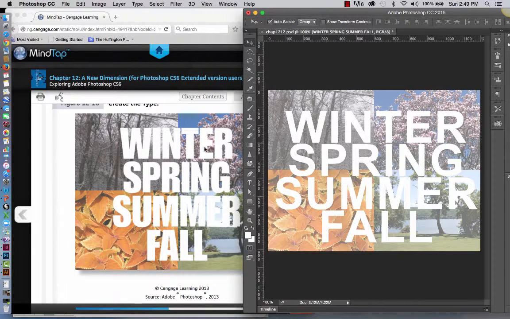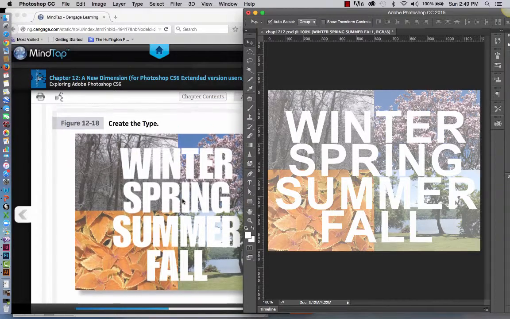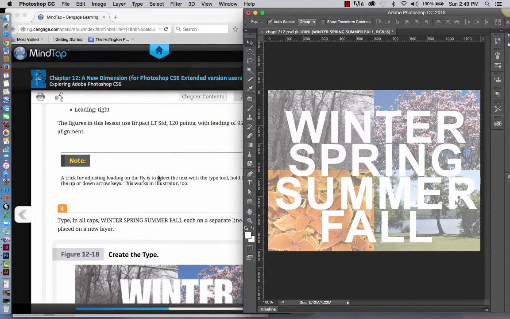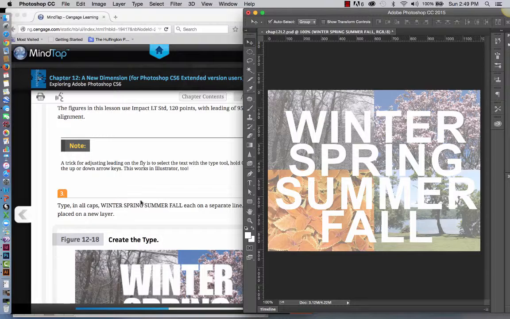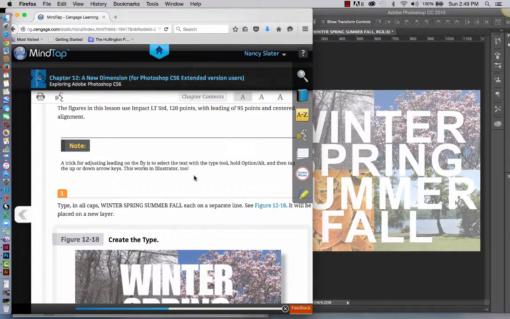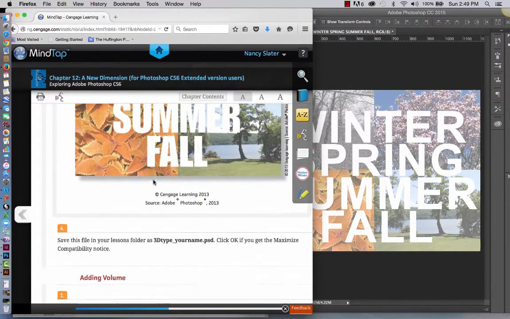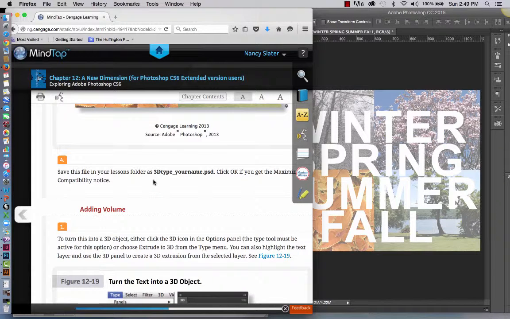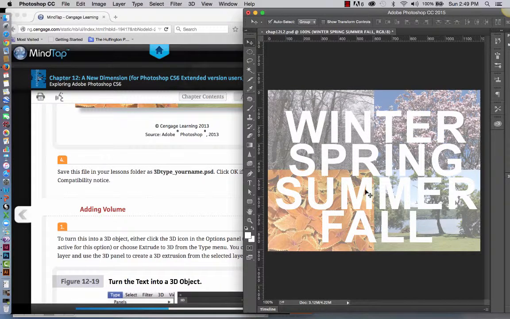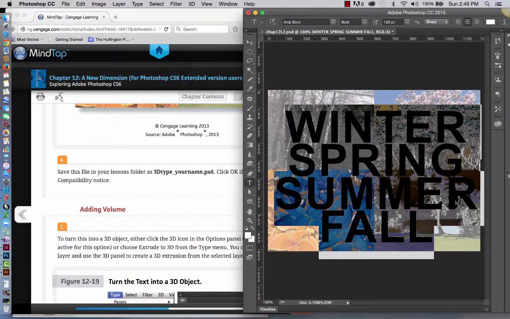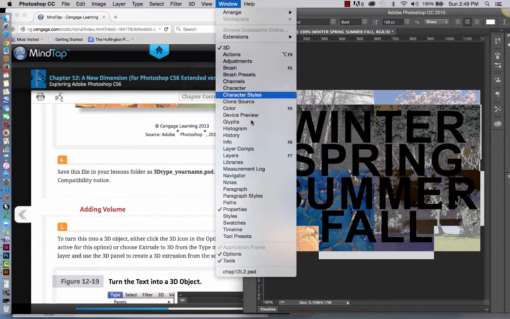And the typeface that we've used is quite a bit different than theirs. I used Arial, and I think they've used a different typeface than I use. So that's probably why the kerning is quite a bit different. And you can change that kerning too, which is the space between the letter forms, or tracking, which is the space between a group of letter forms. We can select them all, and again bring up the Character panel,